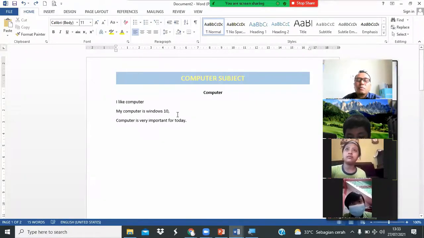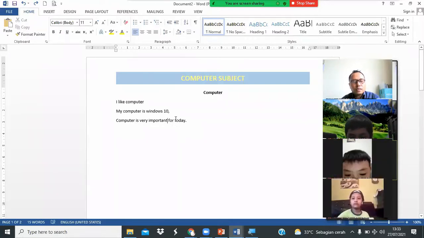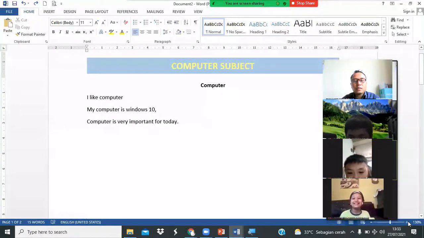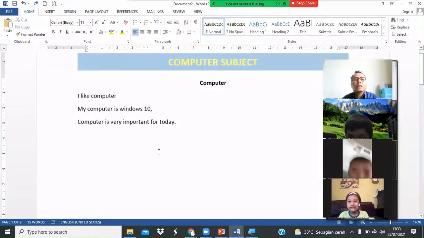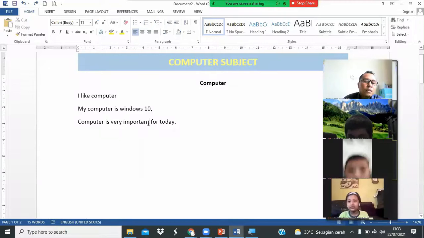Example, now we continue to make footnote. Yeah, look at this. The example we want to make in where? We want to make footnote here, kid. Yeah, I make bigger, ya, saya perbesar. Okay, the example in here, computer is very important, yeah. We want to make footnote in this text. Don't forget, ya, to put your cursor in here. Jadi letakkan kursornya di sini, kid.